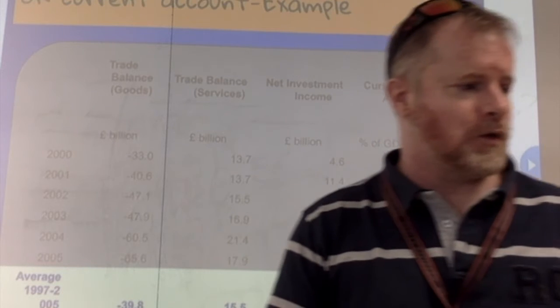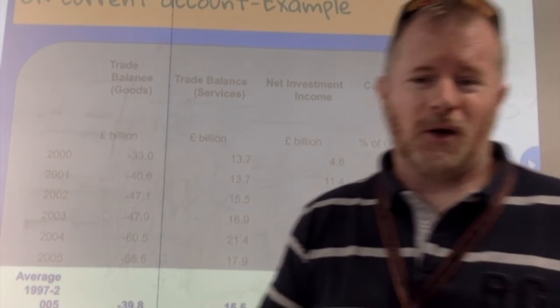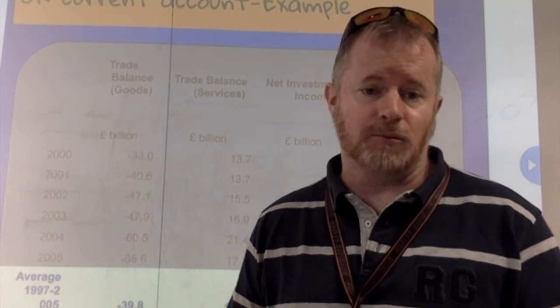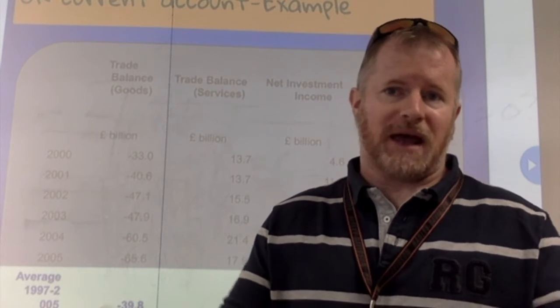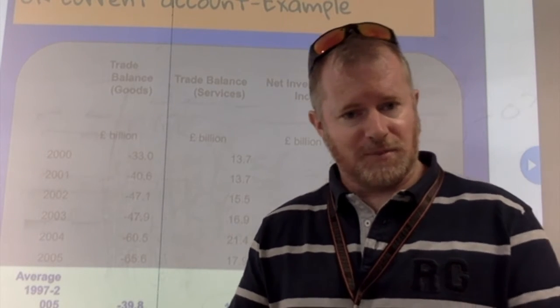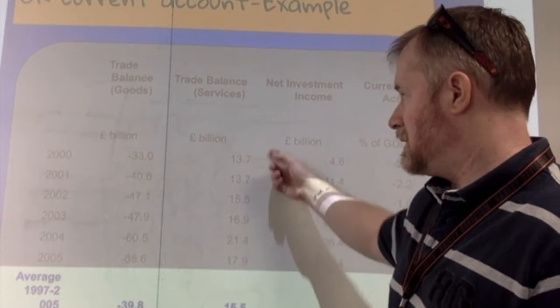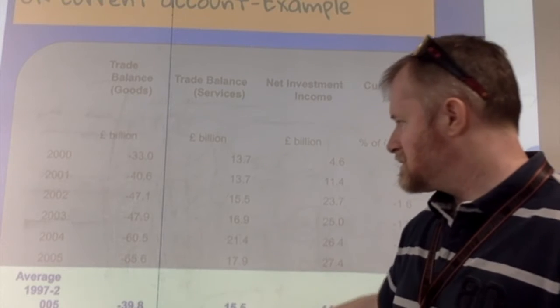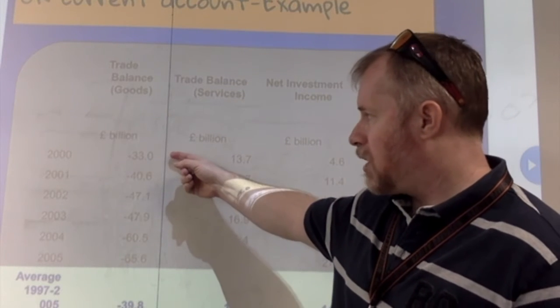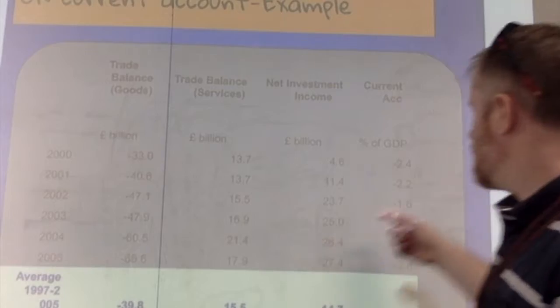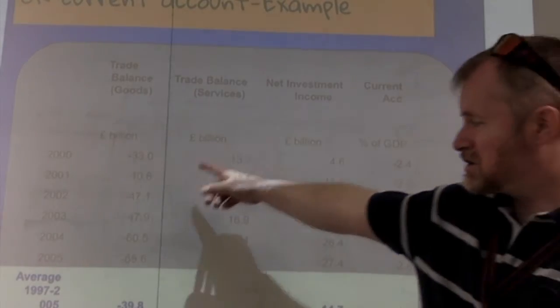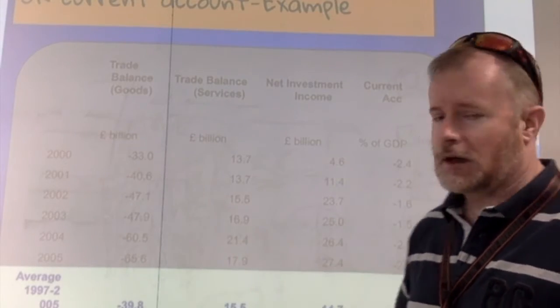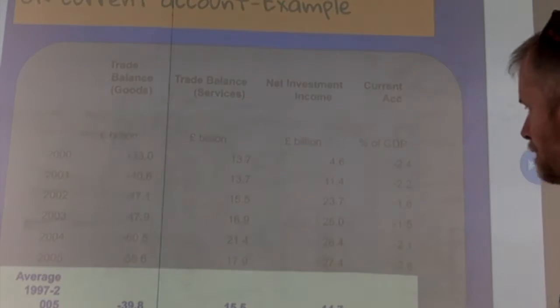And as I said to you before, the UK for a long time was more or less one of the financial hubs of all of Europe. So banking, insurance, all of those sorts of businesses would be the contribution there. You could be asked to work out averages. Yes, it's possible for you to try and work out percentage changes over the time. That's possible to work out.